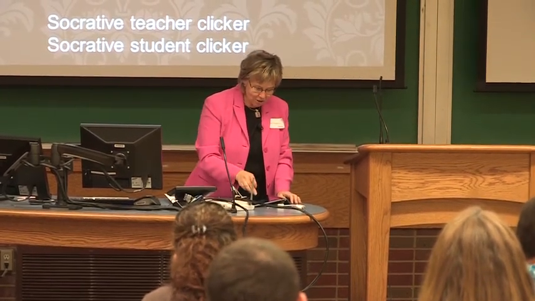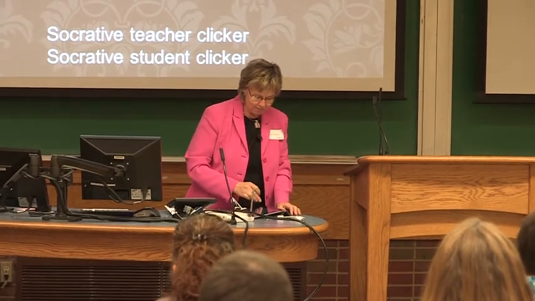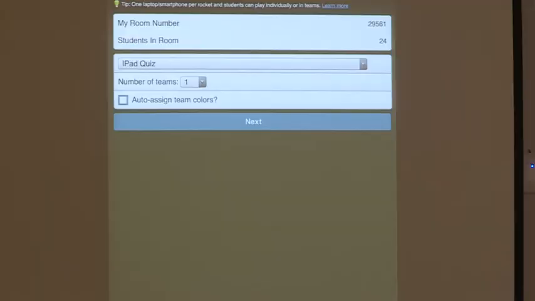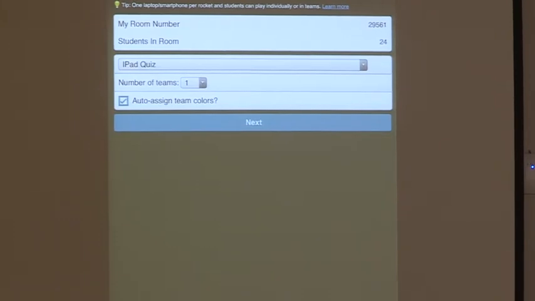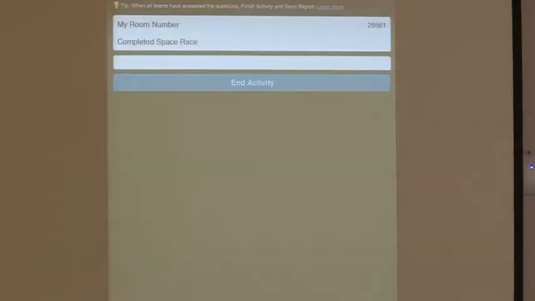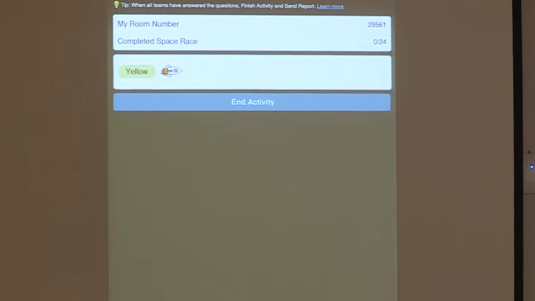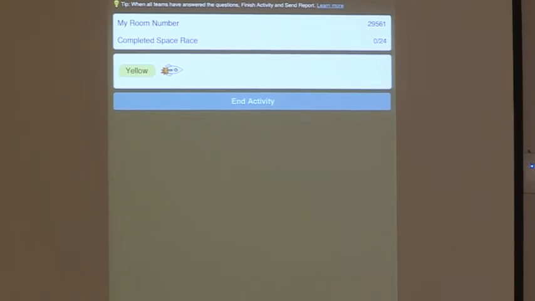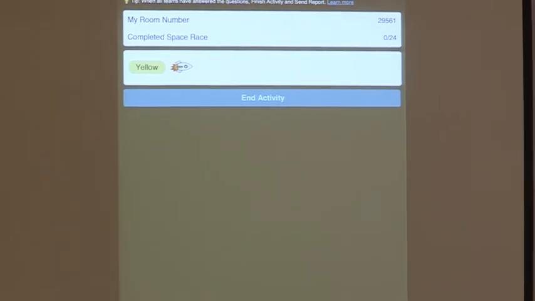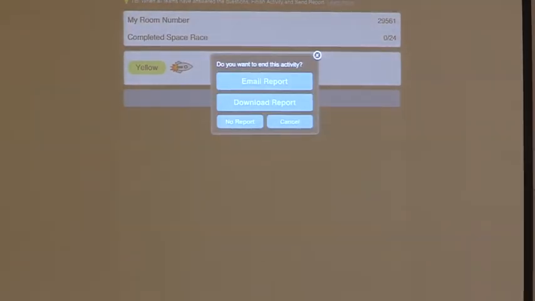And the last one I want to show you, no report please, is Space Race. And this one's kind of fun. Everyone gets to have a color, and I'm going to just say auto assign so we don't have to pick. And this one is actually, and I think this is kind of interesting, you might find the content interesting. I just put together some questions, and I'm hoping, did I get that up? A few questions about